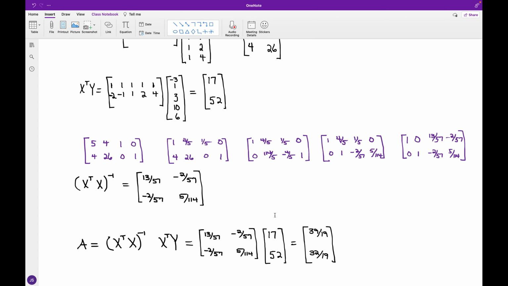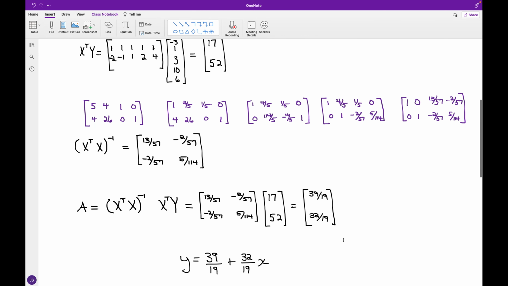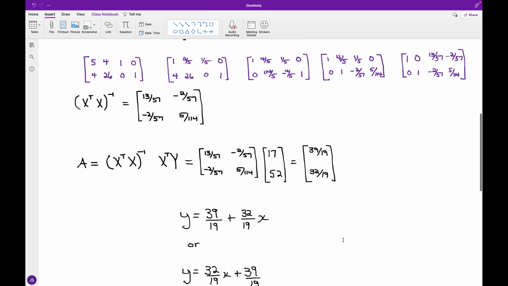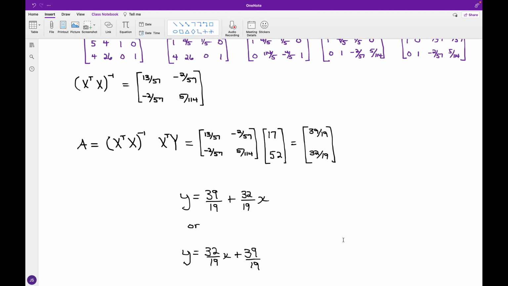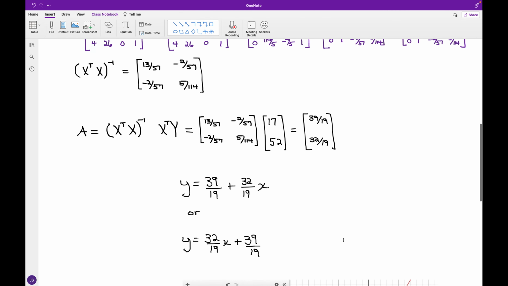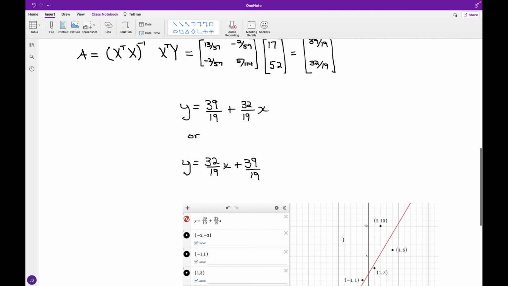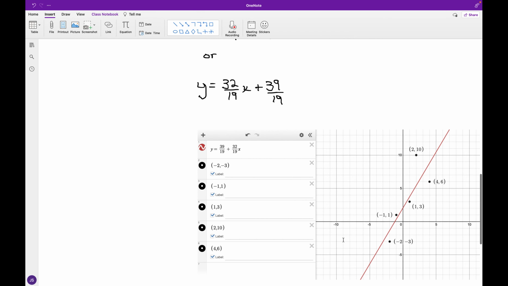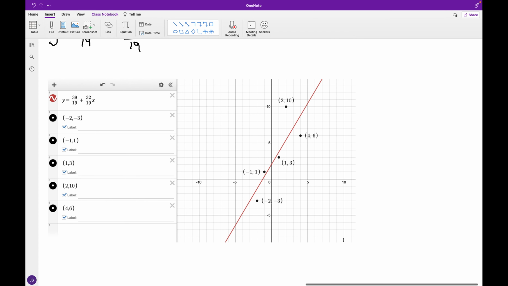Okay, so I have the 2 by 1 matrix with 17 and 52, and for the outcome, we have 39/19, and for the slope of the regression line, we have 32/19. And you can write it either of two ways, where we can say that y is equal to 39/19 plus 32/19 of x, or in the traditional slope-intercept form, y is equal to 32/19 of x plus 39/19. And just looking at how this line is going to appear,